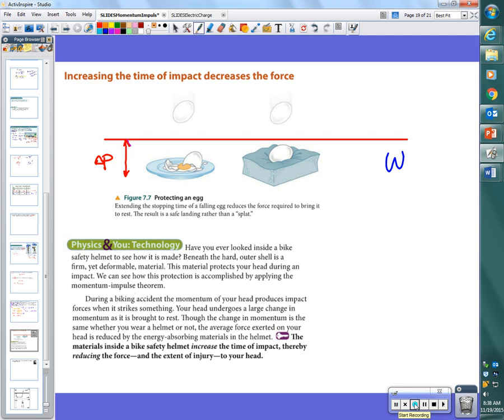The water balloon, whether you catch it by using the cradle or whether you catch it with your hands flat out, has kinetic energy before it hits your hands. It doesn't have kinetic energy when it stops. Same idea, right? As long as the work is the same, we'll see that inverse relationship between force and distance. As long as the impulse is the same, we'll see the same relationship between force and time. Okay? And that leads us to